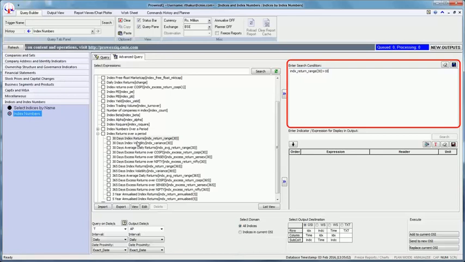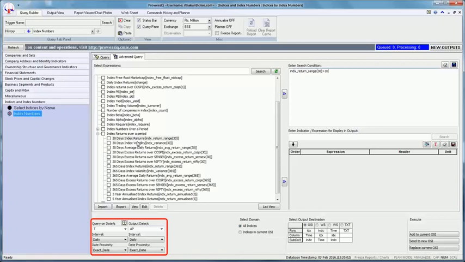exchanges BSE or NSE. The third step is to enter the appropriate date in the Query on Dates box on which the search should be conducted. T is the default setting, which implies the last trading date of the exchanges. Let us change the same to 2015-12-31. Let us retain the default selections in the interval and date proximity boxes available below the Query on Dates